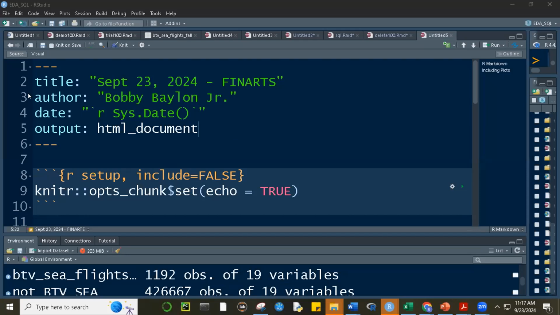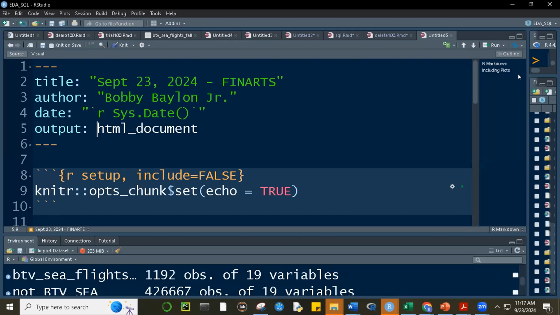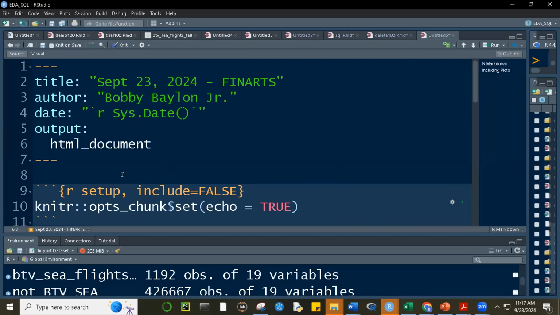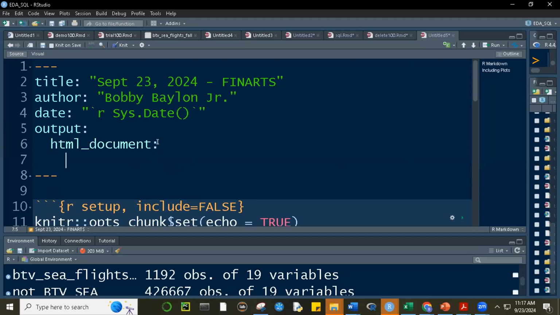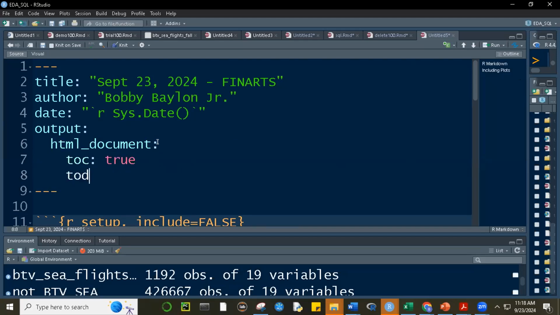So we know that this is the YAML and we can modify this. So let's modify this a bit so that we can have a better looking R Markdown file. So Shift Enter. Okay. So HTML document. We know that we can create the table of contents with the TOC: true. You can also create the TOC